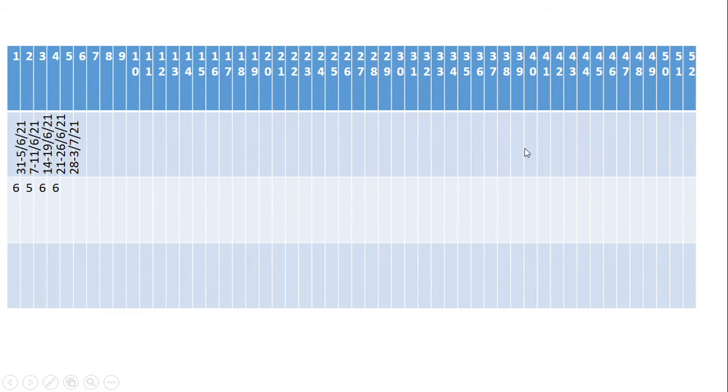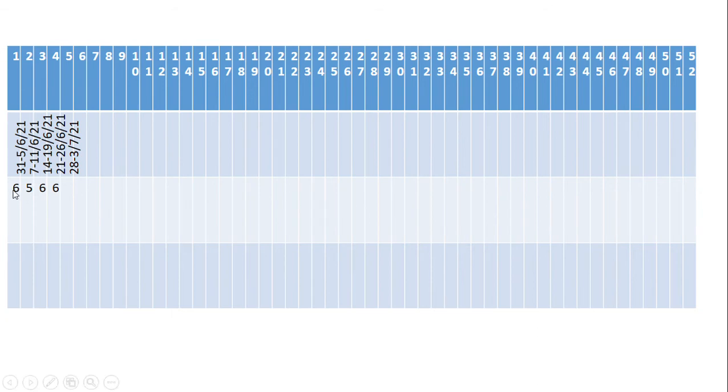When you get to the 4th year, till the end of the 4th year, you can write 52. In the 31st to 5th I have 6 working days, and in 7th to 11th I have only 5 working days because a second Saturday will come there. If you write the days over here, it will be easy for you to calculate the hours. That is why I am writing the dates and the number of working days.